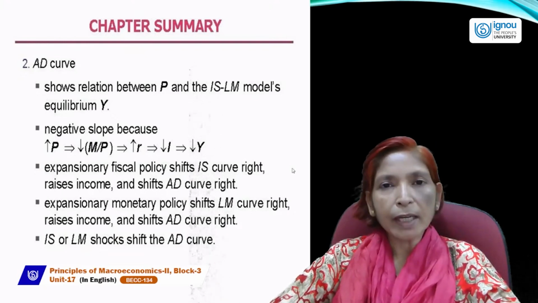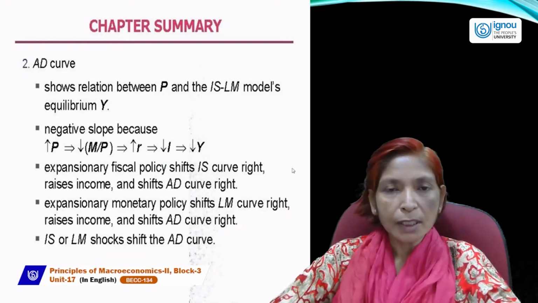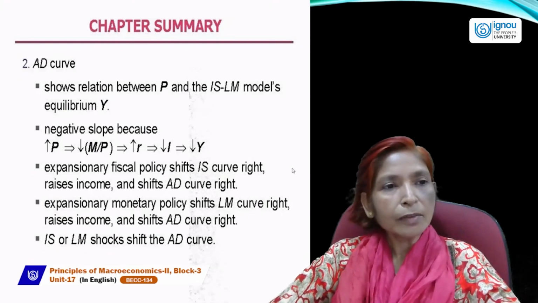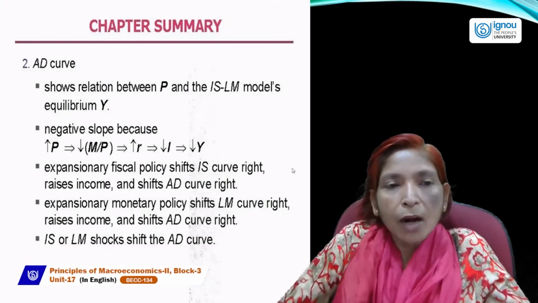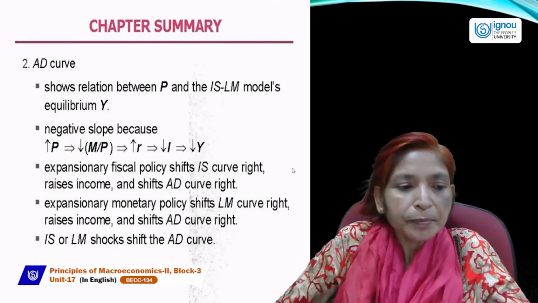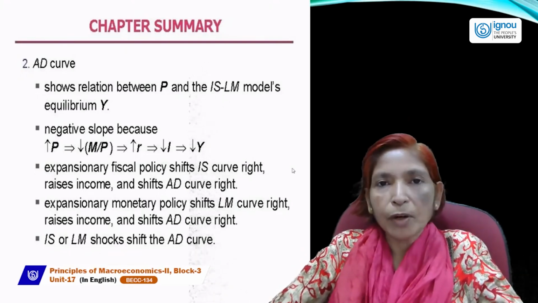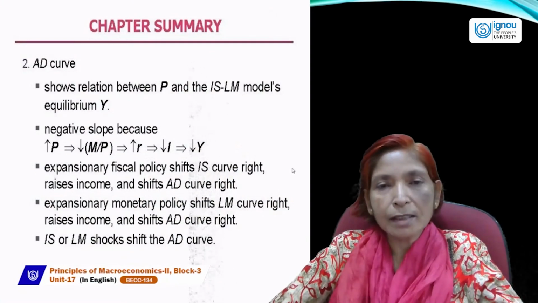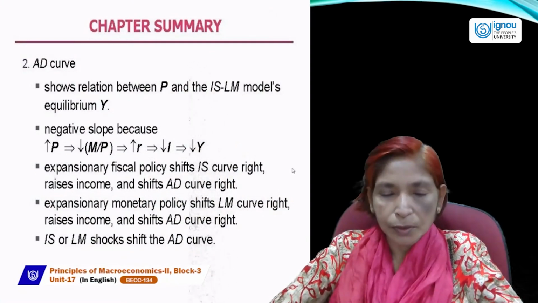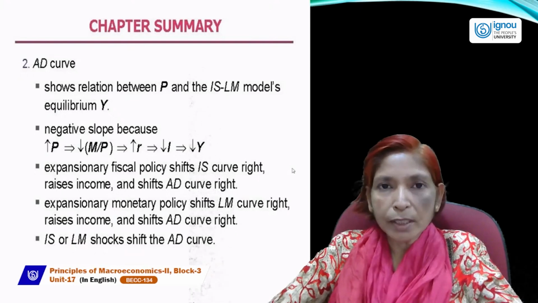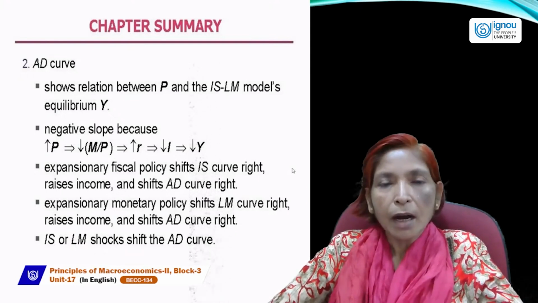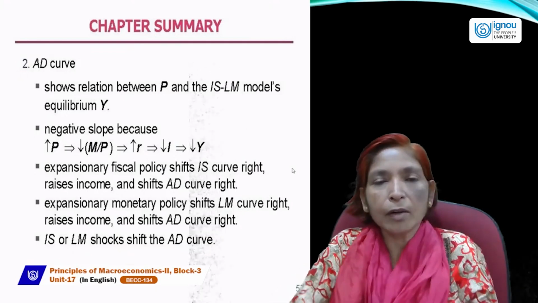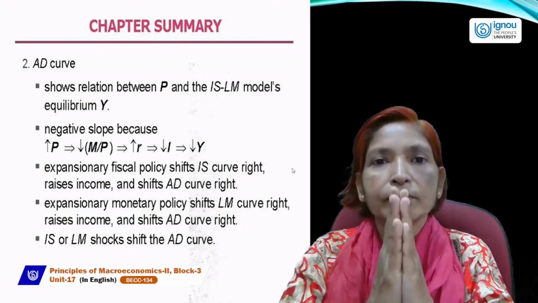We can also derive the aggregate demand curve with the help of ISLM curve analysis. And this ISLM curve can also show the crowding out effect situation. So if expansionary fiscal policy occurs, the ISLM curve can shift and it can also affect the shift in aggregate demand. So this chapter is very important. You must remember it. Then how IS and LM curves can derive the aggregate demand curve, how these curves can be determined. Okay, thank you.